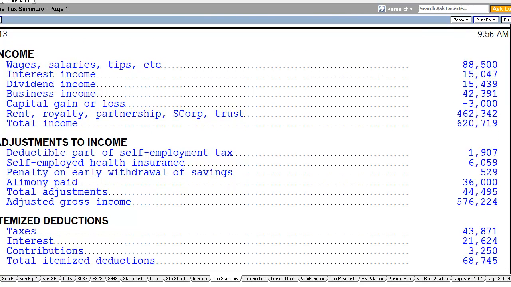All right, it looks pretty good overall on this, and we would go through with the taxpayer and explain the situation. Okay, you have $88,500 on a W-2. That's your salary from your S corporation, from your job as the CEO of the company. Your interest income is $15,047. You have dividend income of